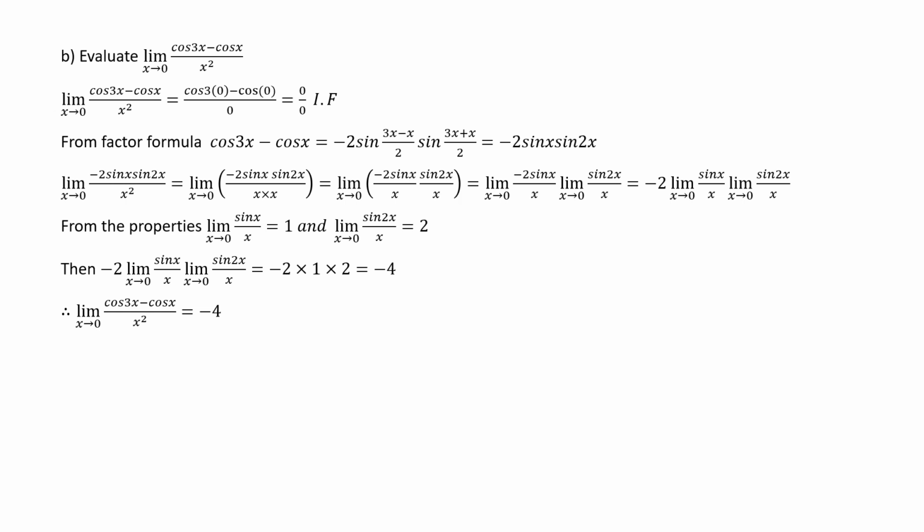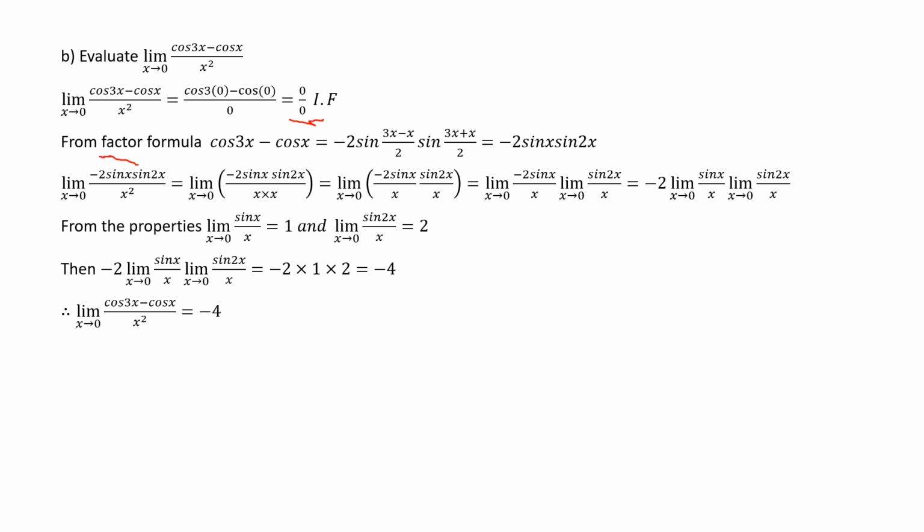Example B. Evaluate the limit of cos of 3x minus cos x over x squared. When you replace x with 0 there, it will give us infinity over infinity, which is an indeterminate form. But when you observe the numerator, cos of 3x minus cos of x, we can write it as one term by using